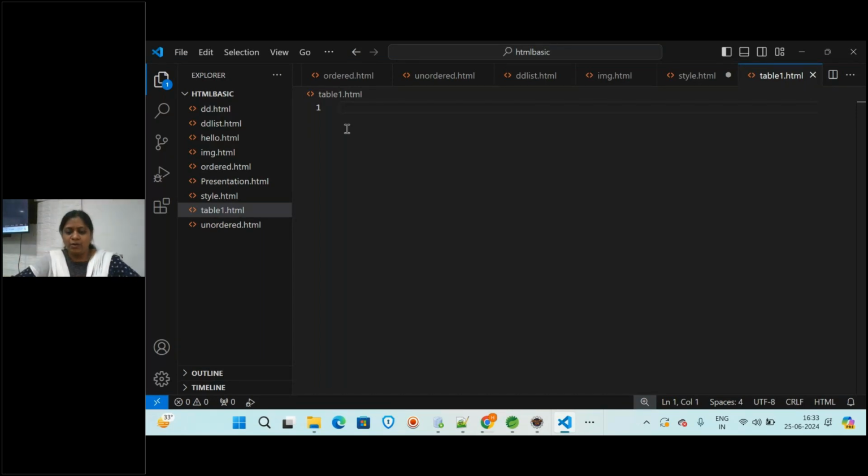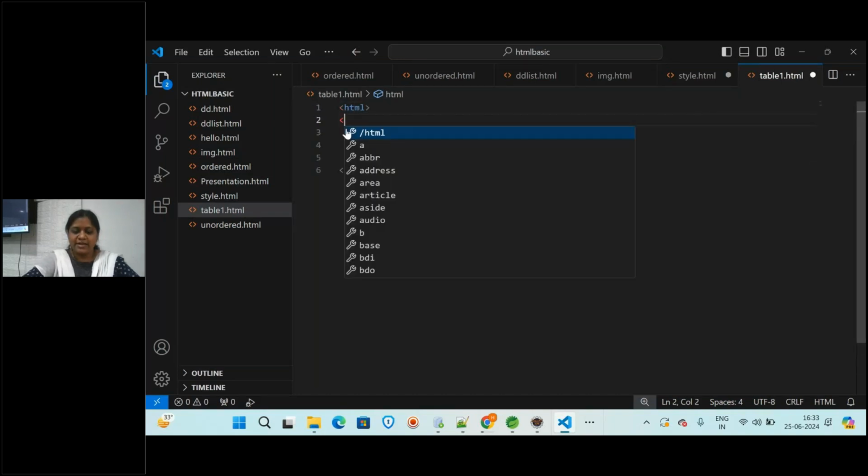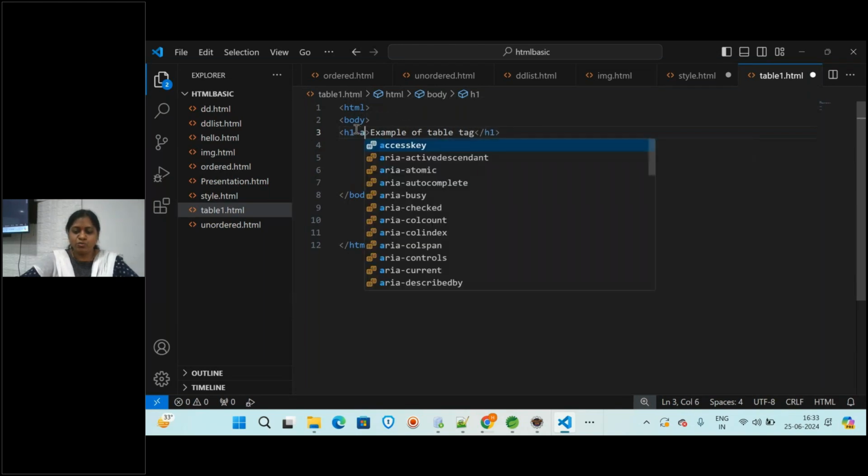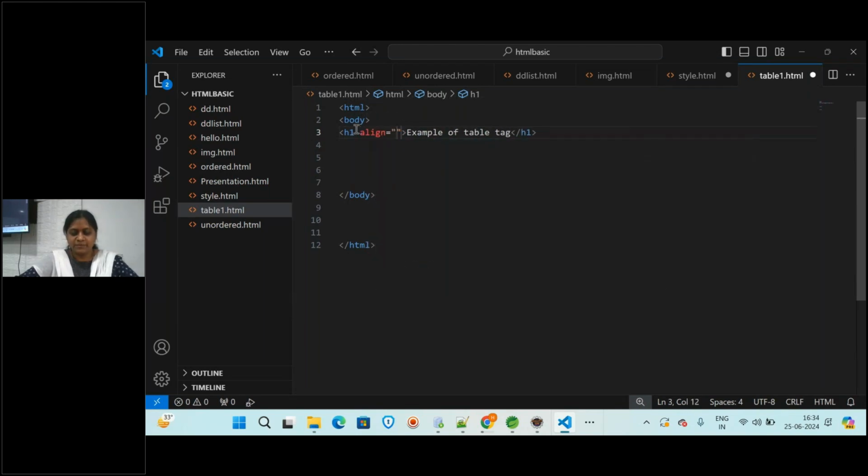Okay, now let us write the html tag, and inside this let us write the body tag. And here as a heading, let us give an example of table tag, and let us align it to the center of the page. So that is a heading you are giving.